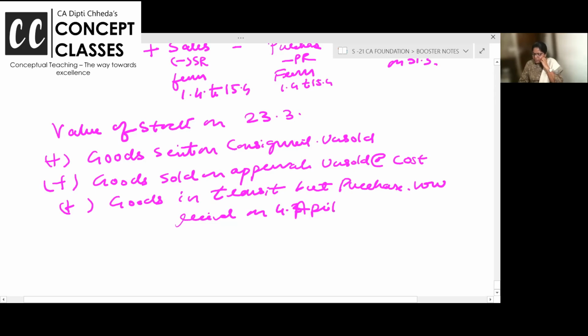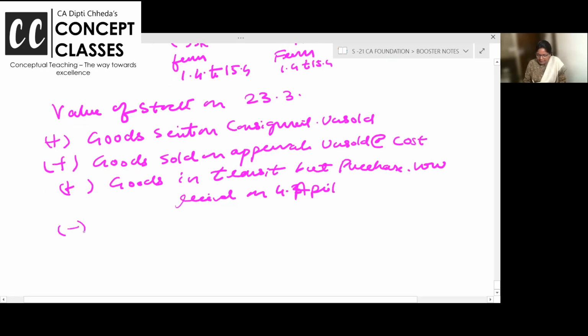Received on 4th of April. क्लियर है सबको? ऐड करना है और माइनस स्लो मूविंग आइटम